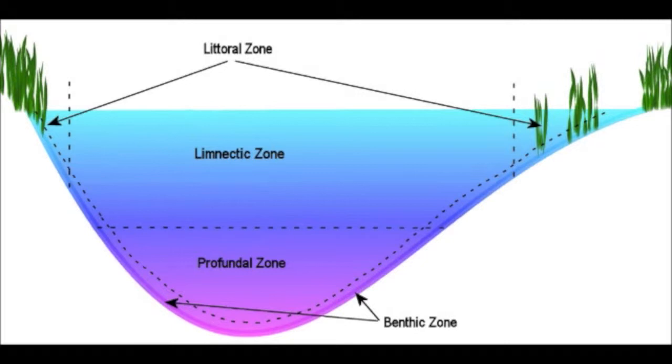The littoral zone is the shallow area near the shore consisting of soil and water where light is able to penetrate. Algae and emergent plants are able to grow here because of the light. This zone is often home to small crustaceans, small fish, and small amphibians, which is why certain birds can be seen feeding here. The next zone is the limnetic zone, which consists of open water.